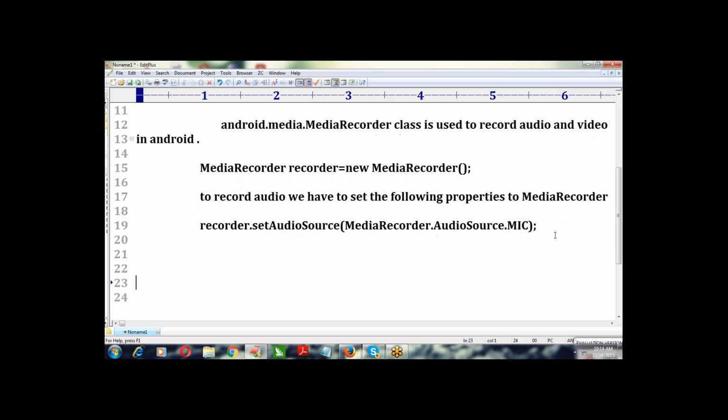Next thing is we have to specify in which format you want to store the audio file. Meaning once the audio file is completed, in which format you want to store it, we have to specify here. So the media recorder dot there is a method called set output format. So media recorder dot set output format, output format dot